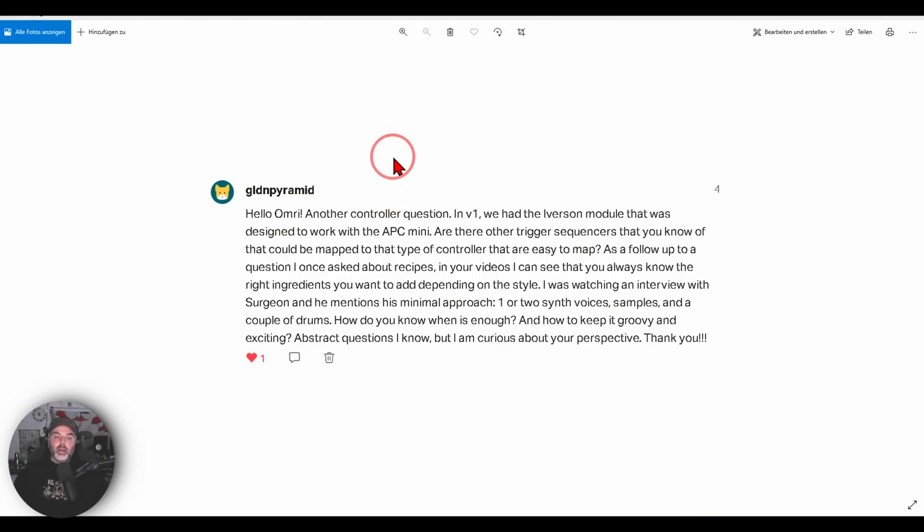Hello, Omri. Hi. Another controller question. In VCV1, we had the Iverson module that was designed to work with the APC Mini, indeed, from Studio 6+1. Are there other trigger sequencers that you know of that could be mapped to that type of controller that are easy to map? Unfortunately, no. Unfortunately, I don't know of any